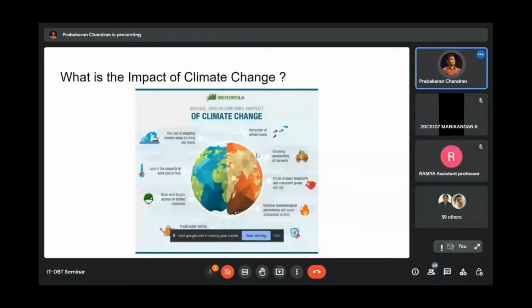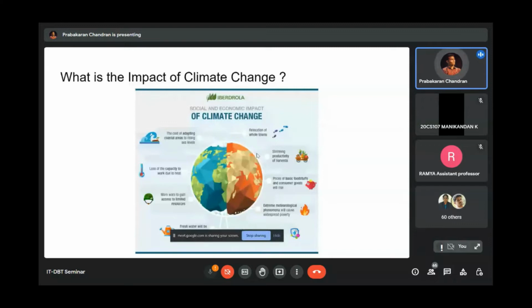And if we want to look into the social and economic impact of climate change, one is that the cost of adapting coastal areas will be very high. The reason is, when climate change happens, coastal areas will face a lot of issues because the rainfall or the precipitation and the humidity will be at a very worsened state in the coastal areas, and